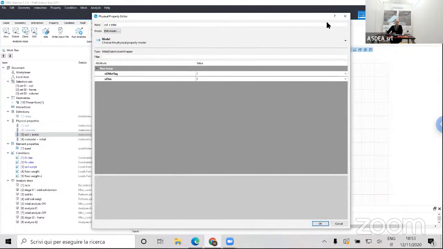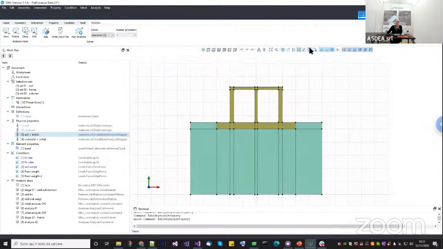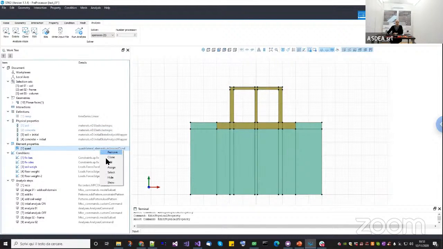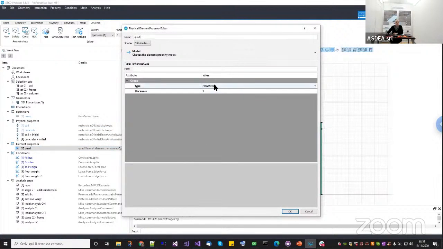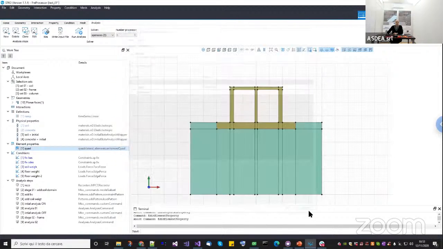So as I said, in OpenSees, the conversion of material from 3D to 2D is quite tricky, because sometimes it's done automatically, but sometimes it's not. So for example, if I use a three-dimensional material directly on an element, and I choose plane strain, then this element will take this material and try to convert it to a plane strain condition. And this is fine. If I choose instead plane stress here,